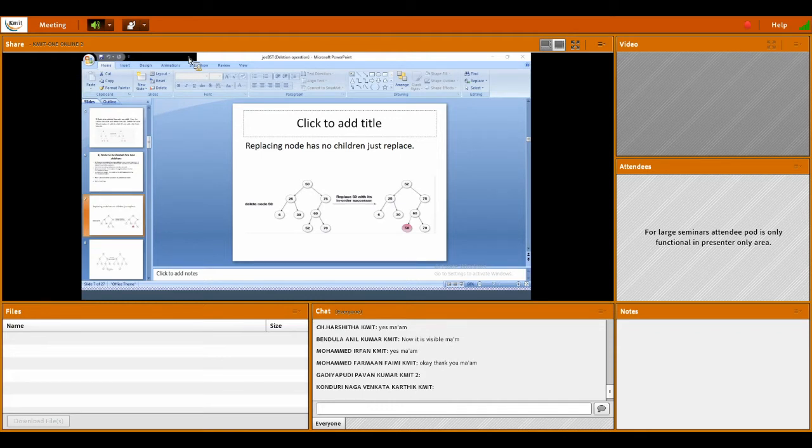Coming here, we are going to discuss how to delete a node which is having two children. According to this example, I want to delete 50. 50 has a right subtree and a left subtree. If I delete 50 directly, the tree will be disconnected. Then how are we going to delete 50? What are the steps we have to follow?